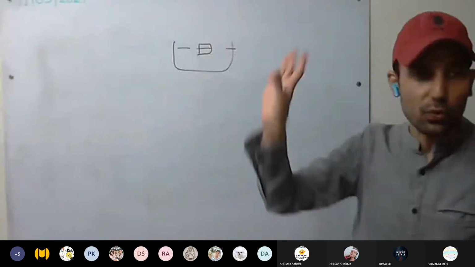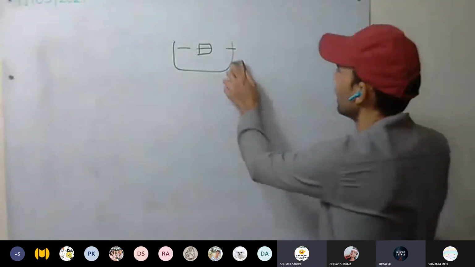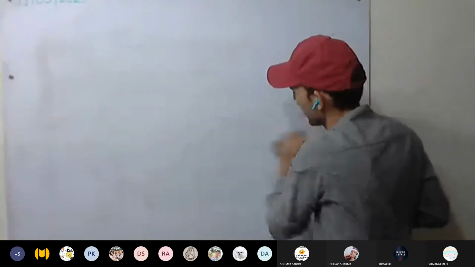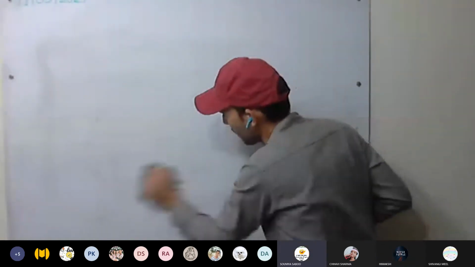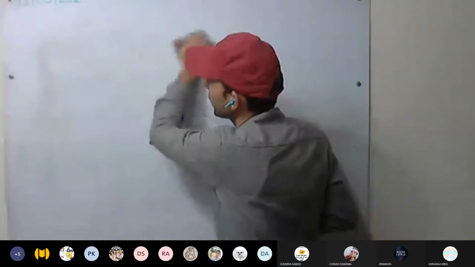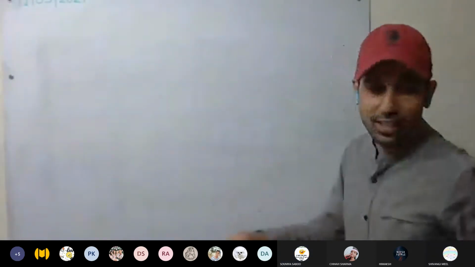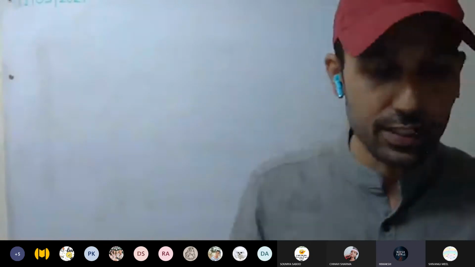So we have to apply some force. And how are we going to apply it? We will tie it to an object which is dipped in water. We are going to do that experiment, tying it with a heavier irregular solid, a little heavier solid, which is heavier than water.